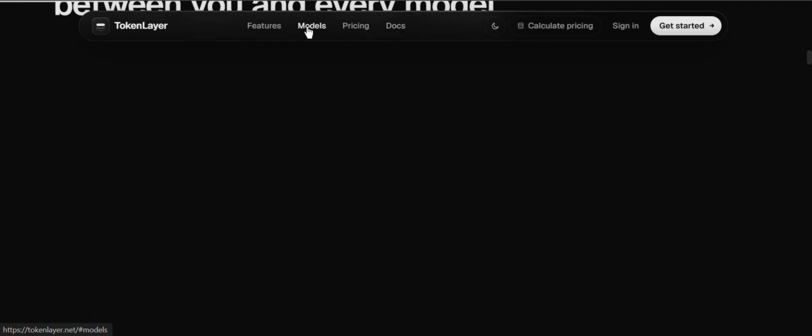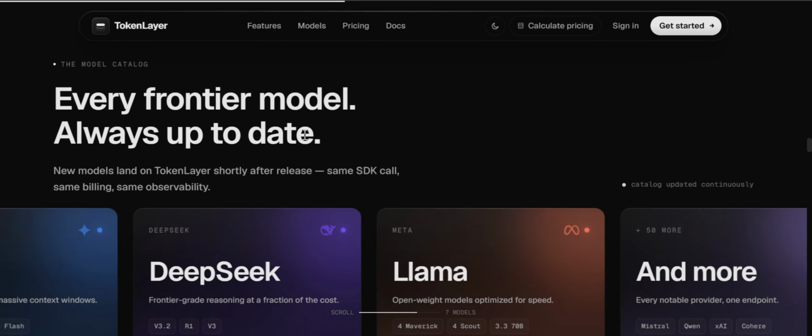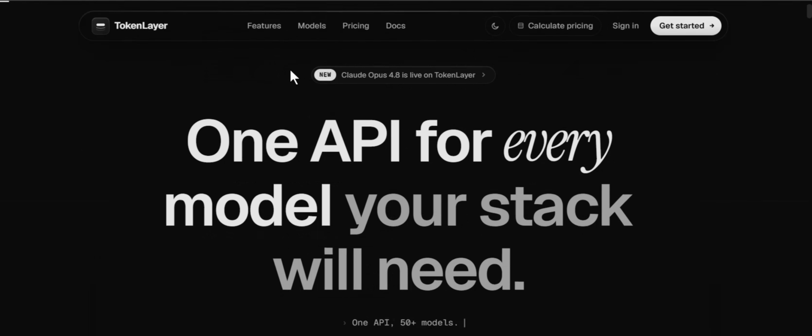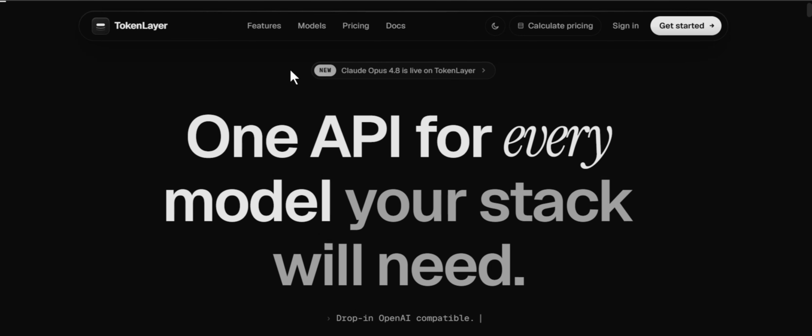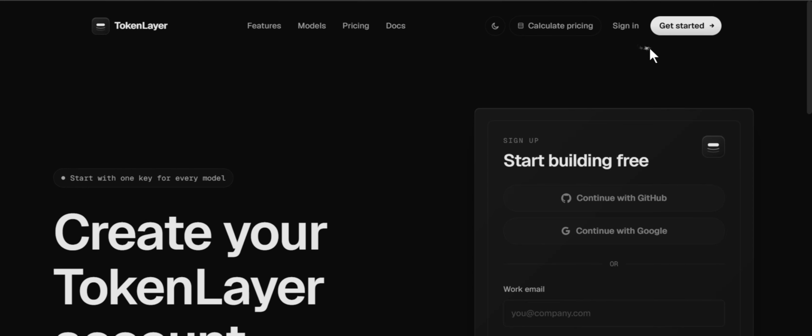First of all, click on this model, and as you can see, GPT, Claude, Gemini, DeepSeek, Llama and more models you can get from this website. Open your browser and click on this link. First of all, sign up with your Gmail account